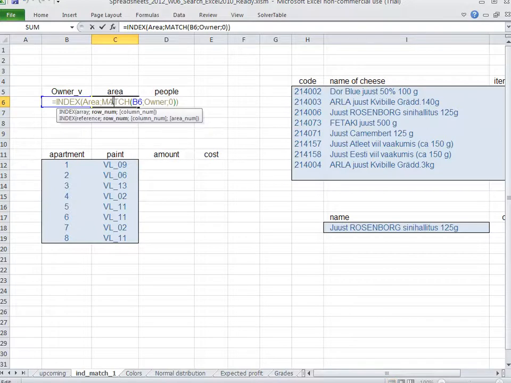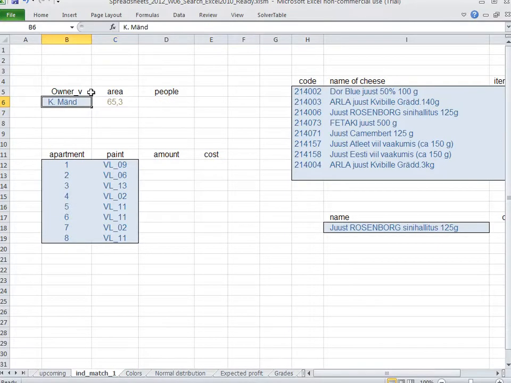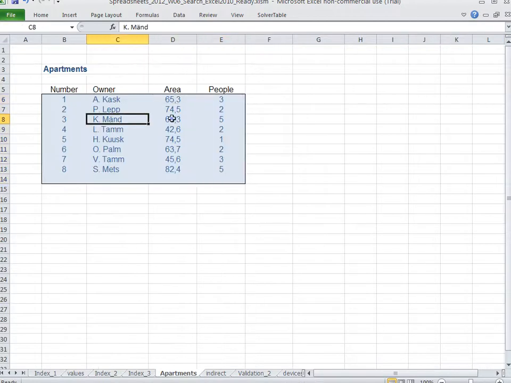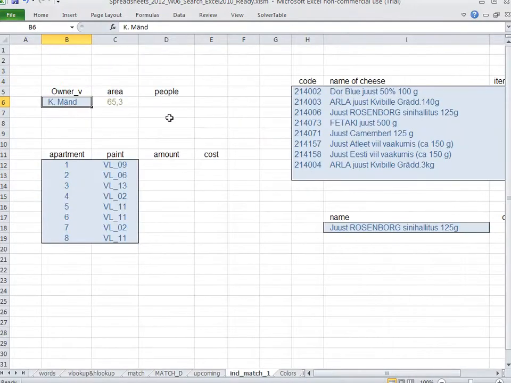Using together at first match and then index, we have basically performed VLOOKUP, beginning with K-Mind and ending up with the knowledge that K-Mind's apartment has the area of 65,3. Let us leave the number of people for your own practice right now, and let's move on to the next problem,